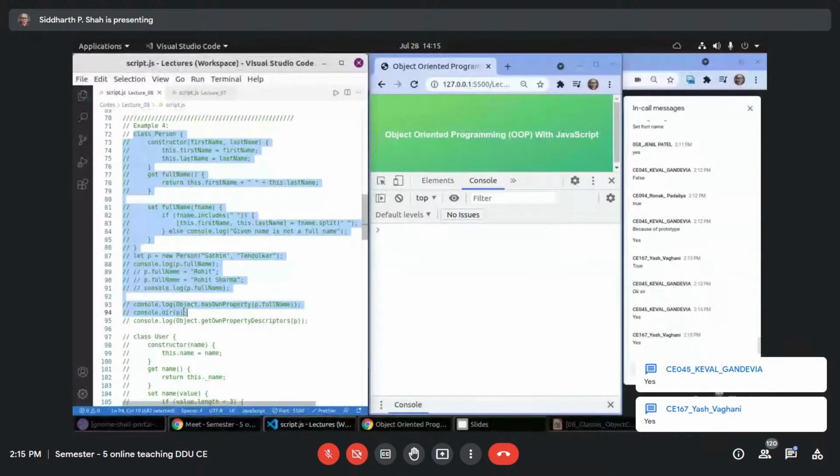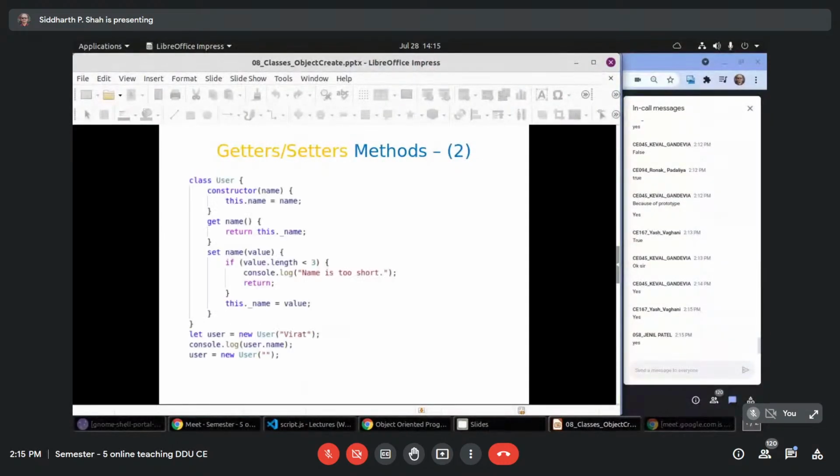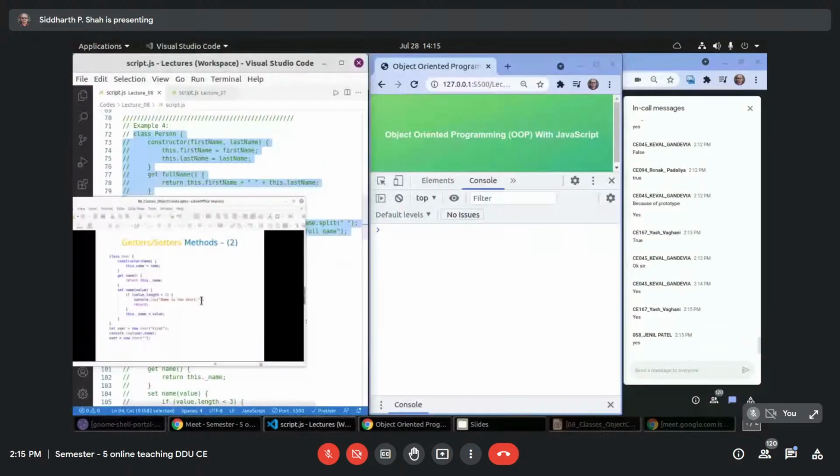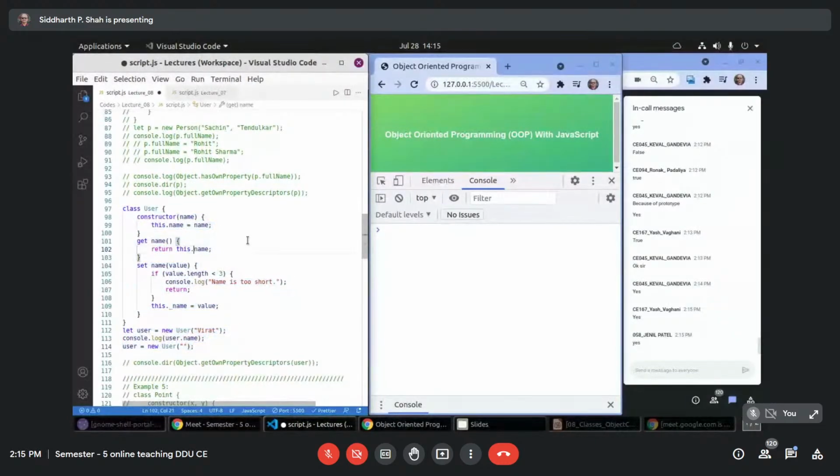Okay. Let us take one more example of getters and setters. This is a little different. Okay. Now see this. Let me go through this rather. Let us open it here. Now what I'm doing: one class User has a constructor which takes name and assigns that name to the property name.